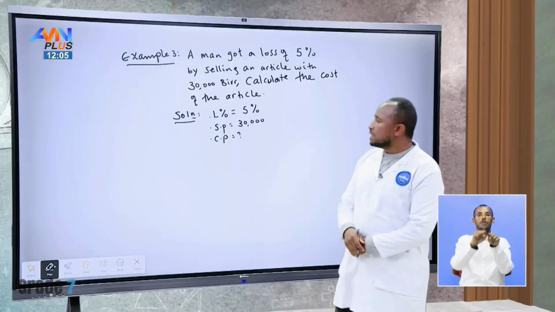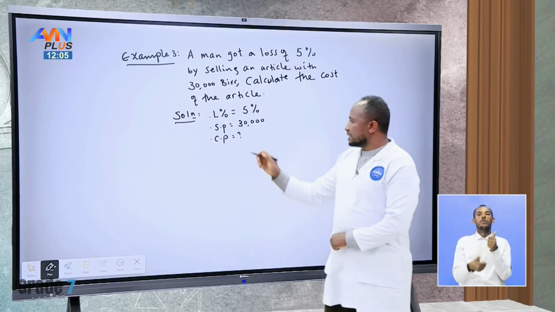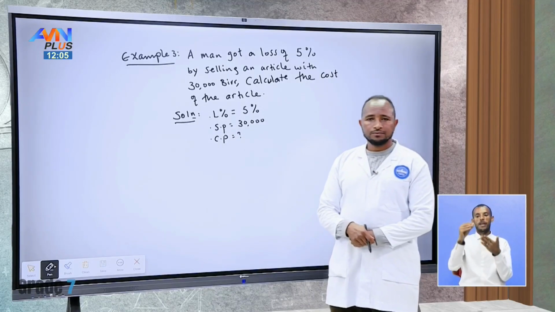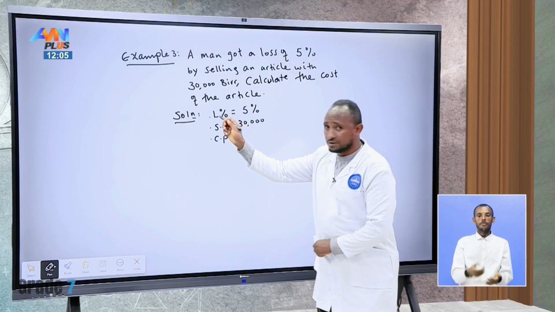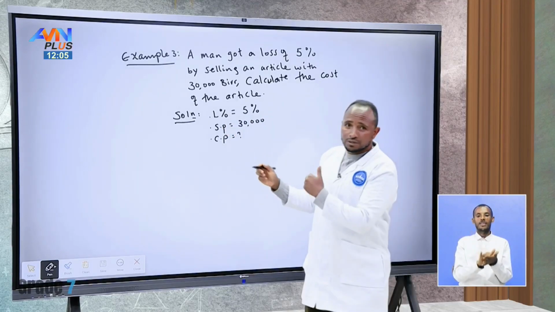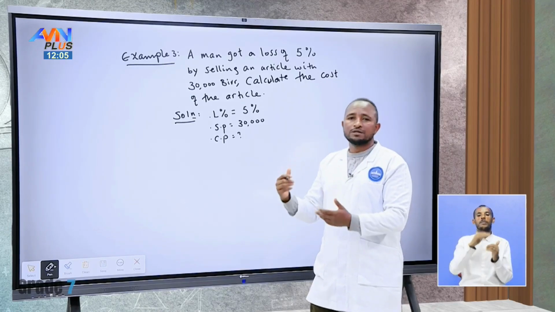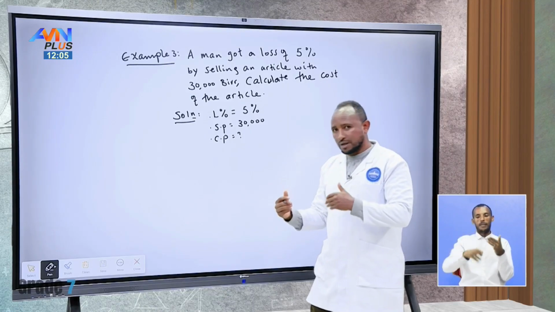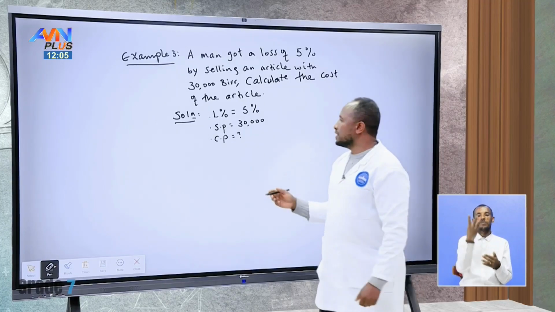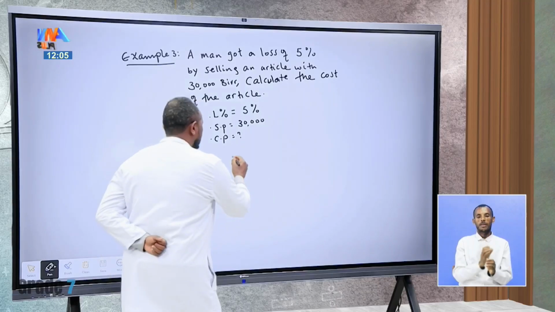So, here in this case, which one is greater? The cost price or the selling price? Here, he has got a loss. So, because of that, he has sold less than the cost. So, the selling price is smaller or the cost price is bigger since he has a loss. Therefore, here, to calculate the loss percent,